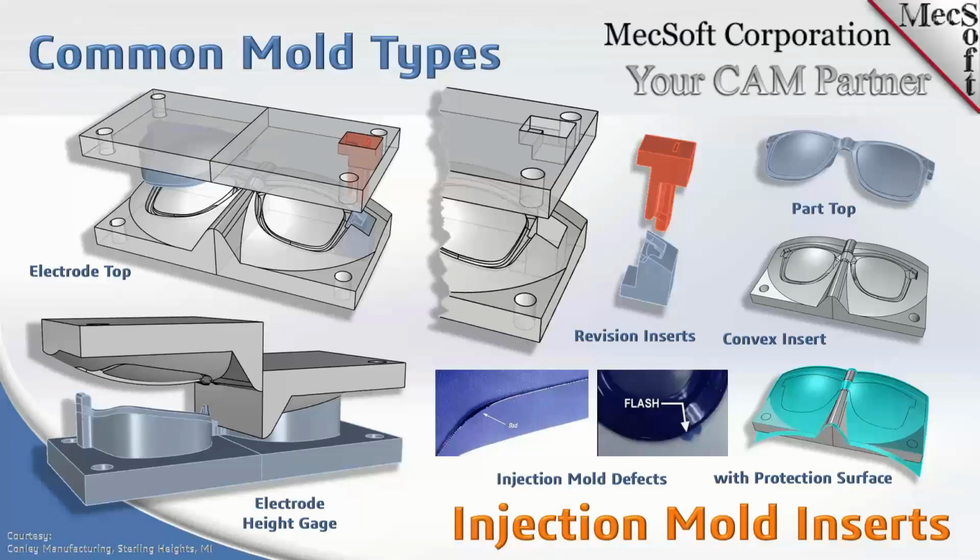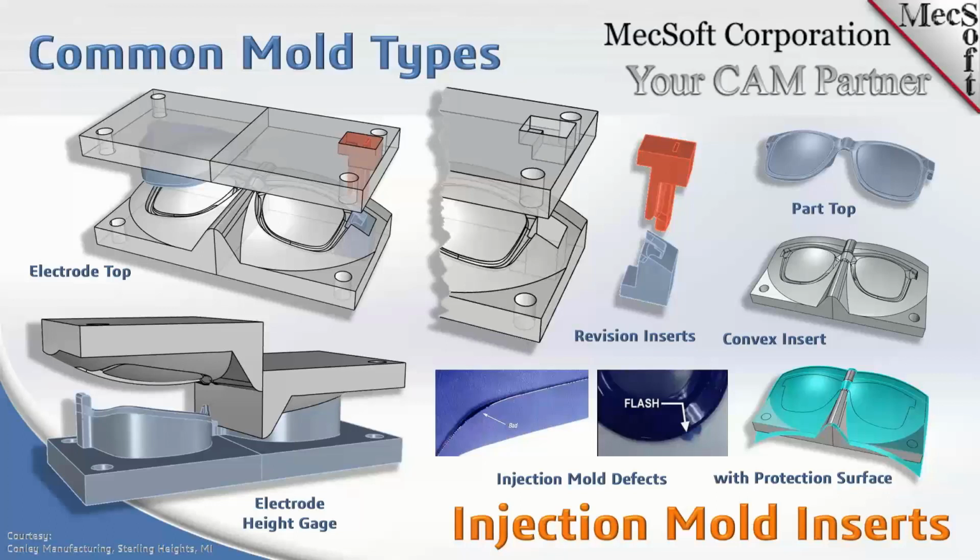Your engineering customer will review those molds. They'll make changes. They'll take the parts and mark them up. They'll actually take a marker and write on the part. Say I want more material here. I want less material there. We need to make revisions. So the mold maker will make sets of inserts. He's probably going to machine at least 2 sets and possibly even more, just for that purpose, for revisions